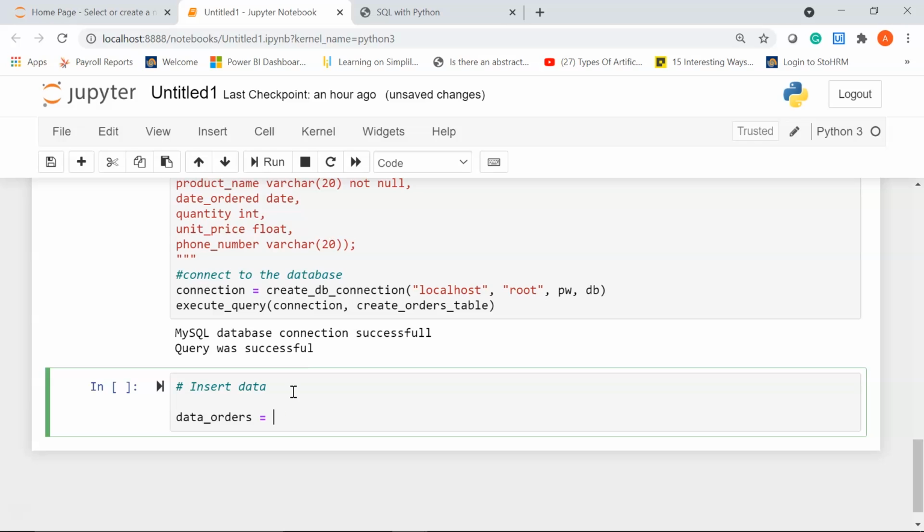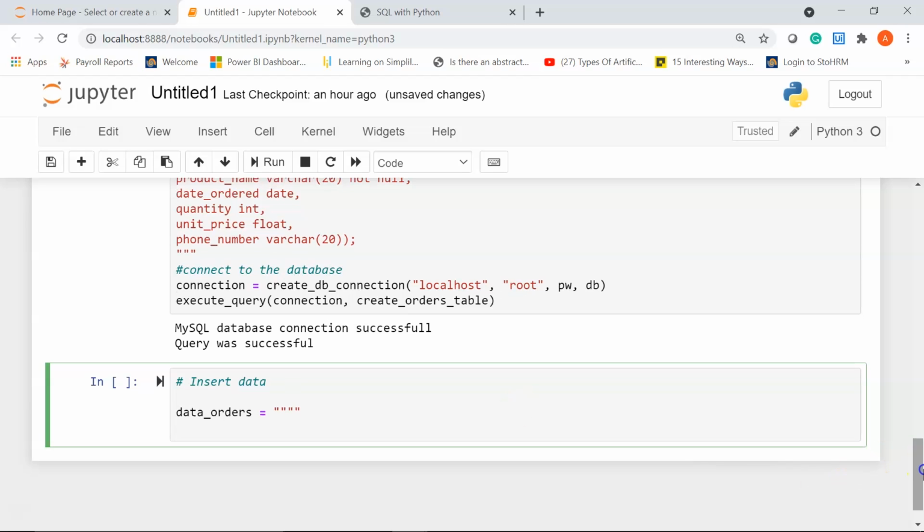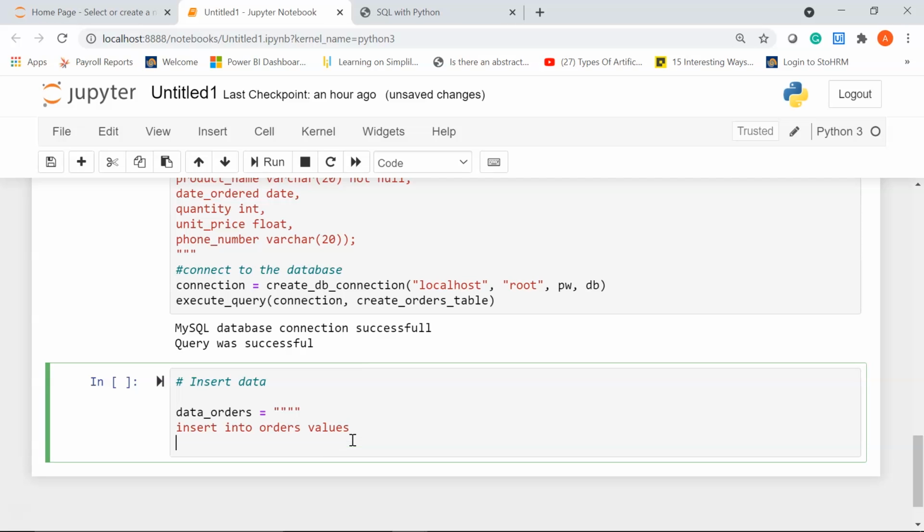I'll give triple quotes. Next, I'll write my insert into command. So I'll write insert into my table name, that is orders, followed by values,